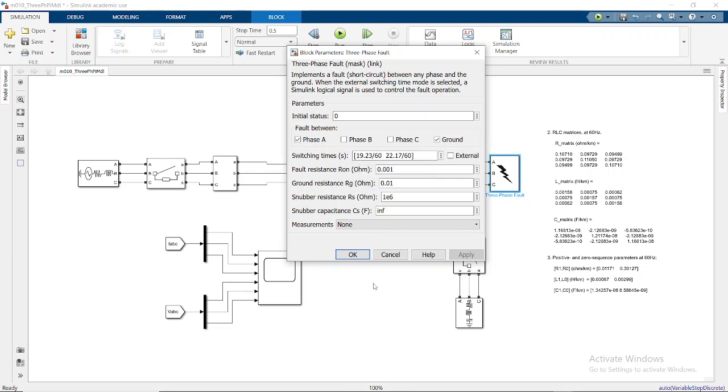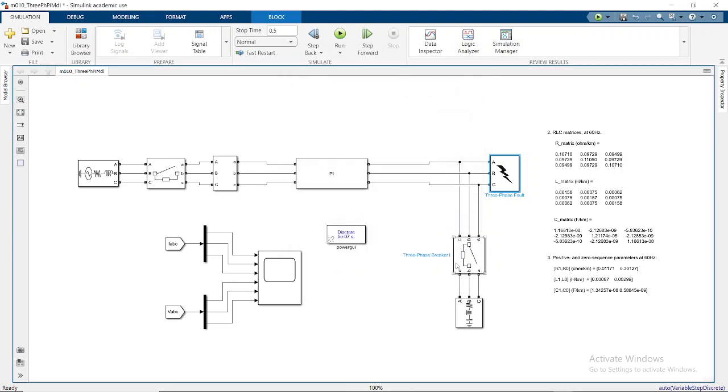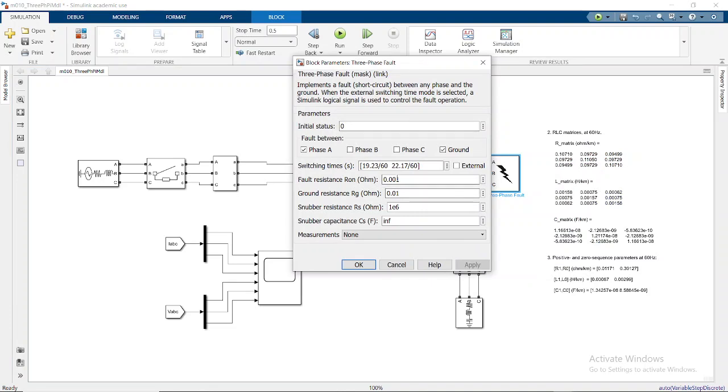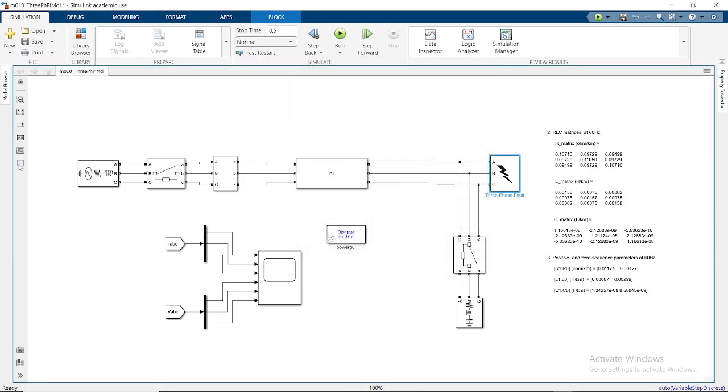That means after some cycles, after making this load on, and after 2-3 cycles, we are creating this fault, and we are clearing this fault after 2-3 cycles, that is 22 point. Purposefully I have taken this non-integer to create the fault at a non-zero instance of the voltage. Okay, I think you have understood our complete plan, and now we will simulate it for 0.5 second,